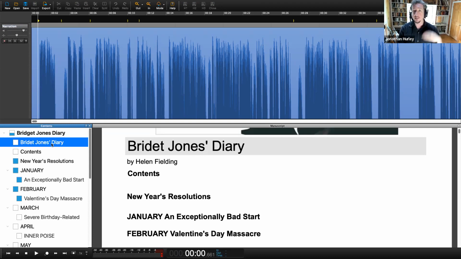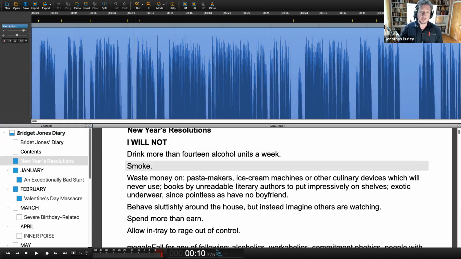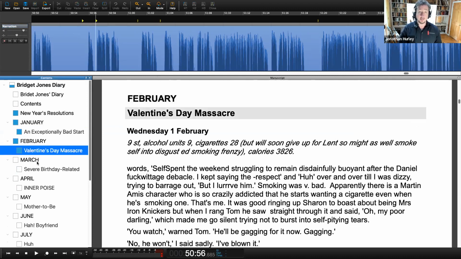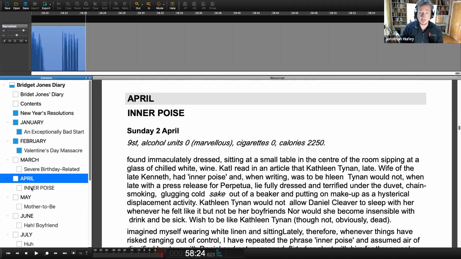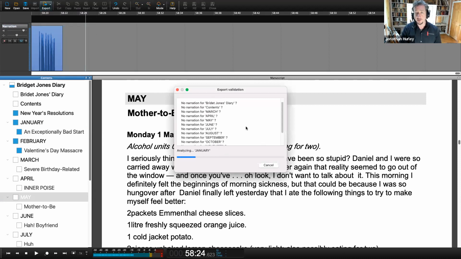I'll show you how to put in this structure after the fact. I'll show you a couple ways of doing all that stuff. But the idea, just because we're running out of time and I want to get to questions people have, is that the difference between what I opened up and what I've opened up before is just that this one was a book that somebody gave, and as you can see, you open it up and it has all these things here. So now when I run it through the ACX validator, and this would take a while, and this is a fake version, so it's saying, hey, you didn't narrate any of this stuff,